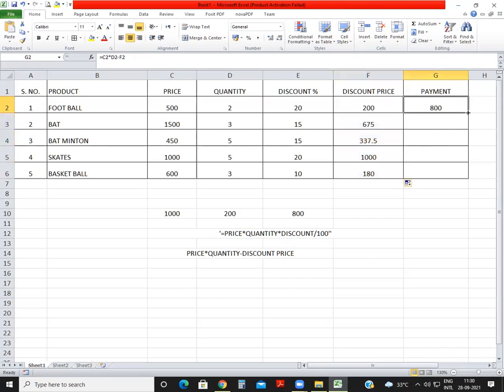Just click and then drag the mouse down. Okay, not like that, one by one. You can select both of them together, then click here and then drag. Okay, so it will apply the same formula for all of that. Suppose now you are going to change value here. Suppose the price is not 450, suppose the price is 500, so automatically all the value will be changed like that. ये सब change हो जाएगा.